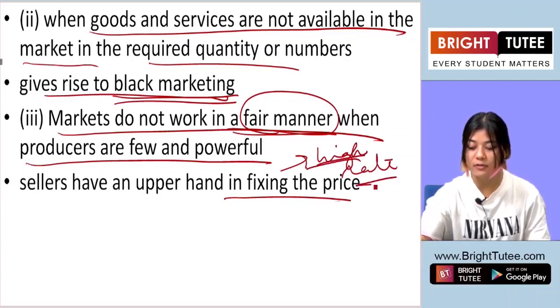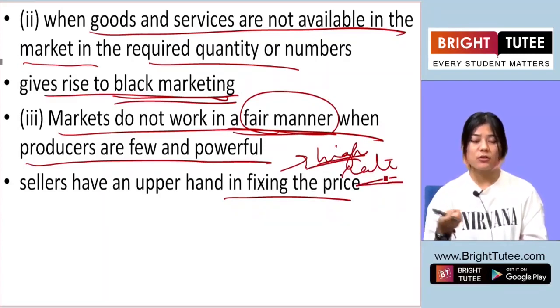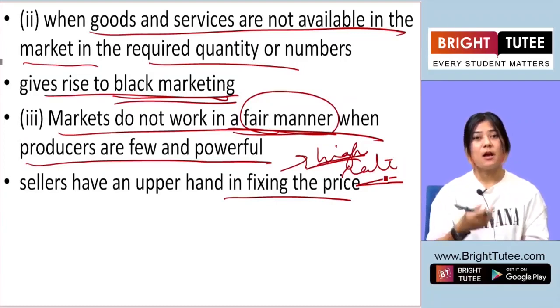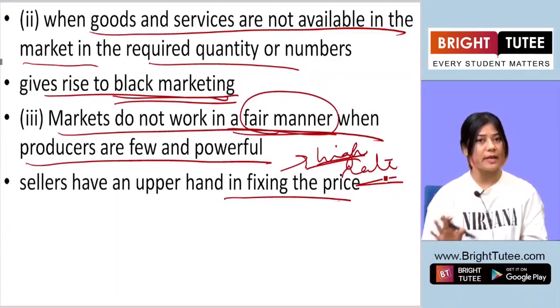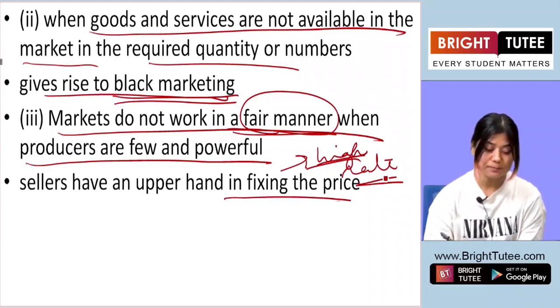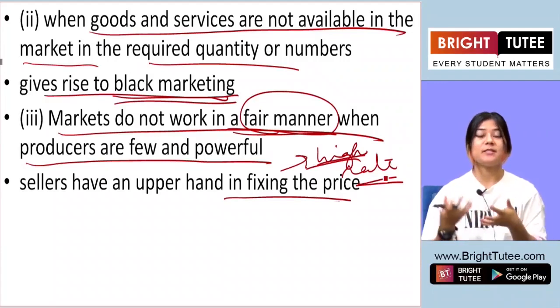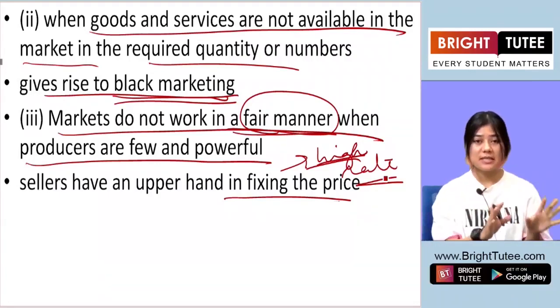because they have the power and control and they can do anything they want. Okay, they don't look for the welfare of the people. They do not see how the price is hampering or how the price is affecting the people's ability to afford certain goods and services. They don't care about it. What do they care about? Profit, right? So they try to charge a very high price for the products. Okay, so because of this consumer exploitation, there have been certain measures, certain steps taken in order to prevent these exploitations.